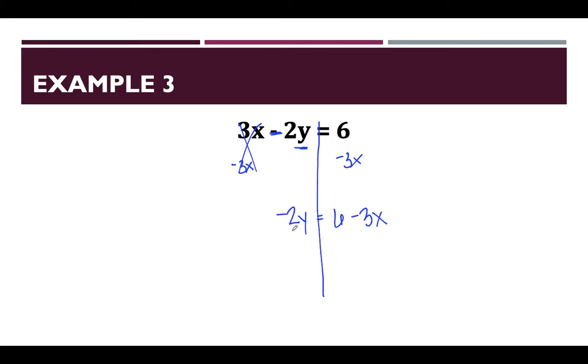Okay, and then we just kind of talked about this in the last example. Now we want to divide everything by a -2. Divide this side by -2 and divide this side by -2. So that's y. And then 6 divided by -2 is -3. And then -3 divided by -2 gives you +1.5. You can write 1.5, or you can just leave it